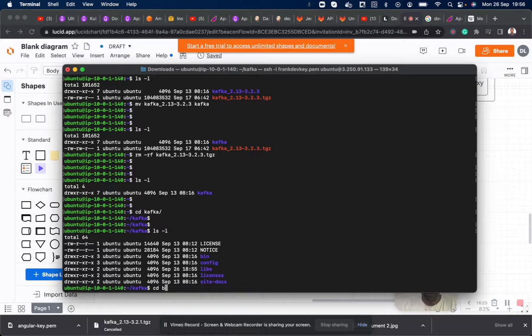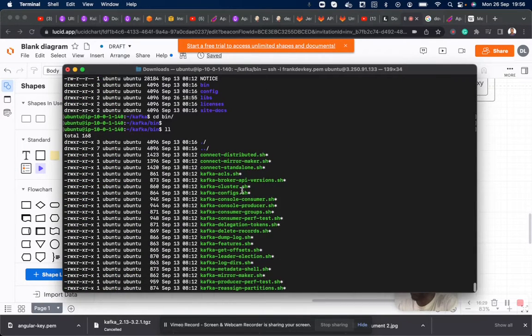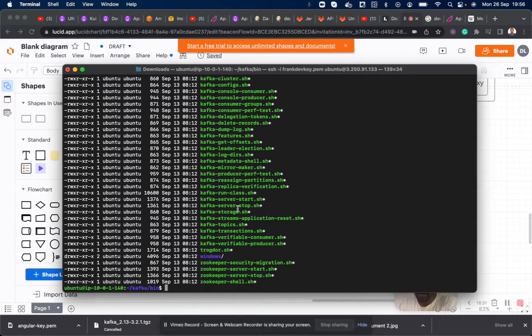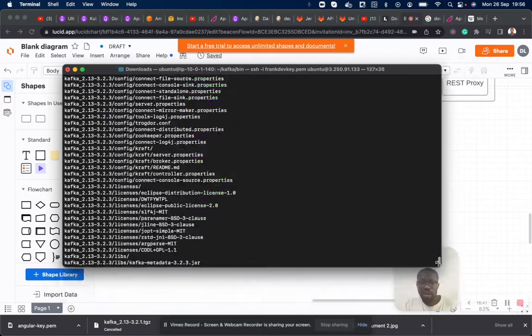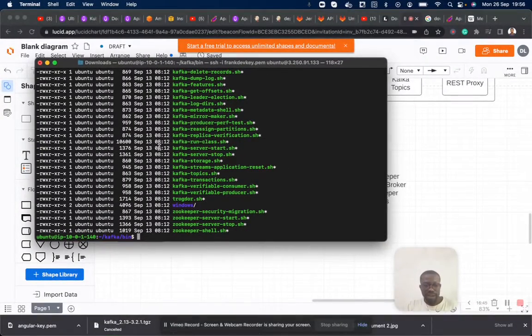If I change into the directory and do an ll, I will see a lot of scripts that we use to interact with your Zookeeper as well as your Kafka server. Mind you, Zookeeper runs on the same instance as your Kafka broker.